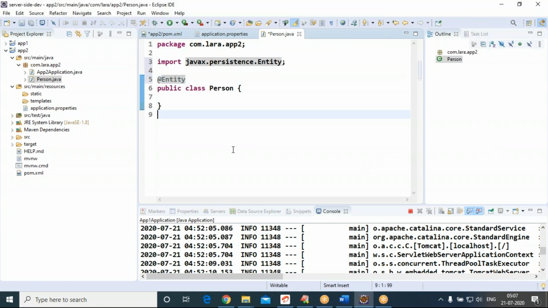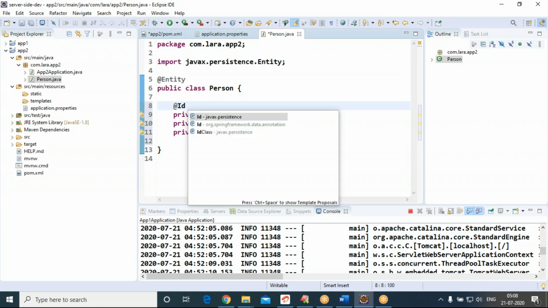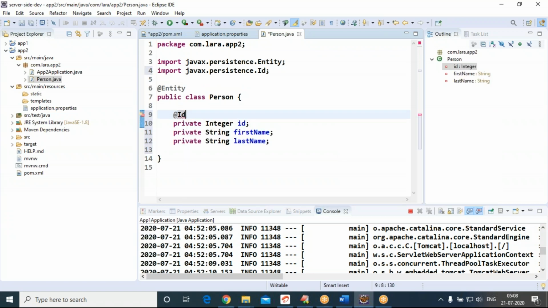Also, @Id, and this also should be imported.